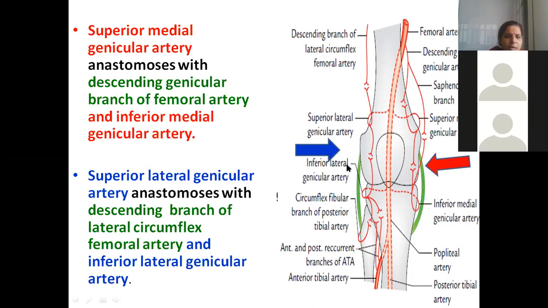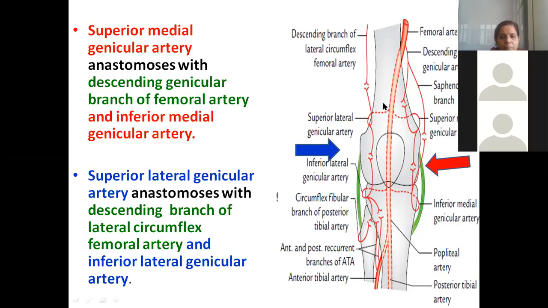Then on the lateral side, we will see superior lateral genicular artery, the anastomosis with the descending branch of lateral circumflex femoral. This we saw when we were doing femoral artery, isn't it? Profunda femoris has medial circumflex branch, lateral circumflex branch, isn't it like that? That artery is coming down now. And also inferior lateral genicular. Three blood vessels you should remember. Medially 3 names, laterally 3 names. You sit calmly and study for yourself, you will definitely understand.